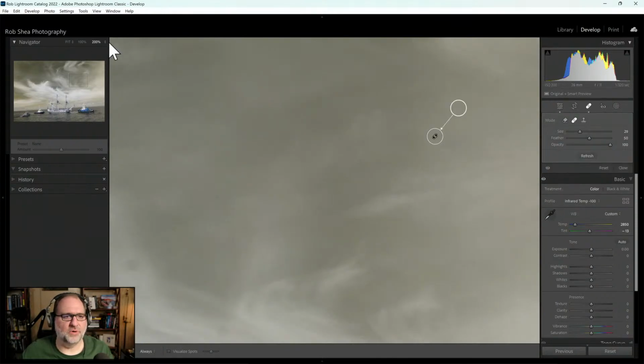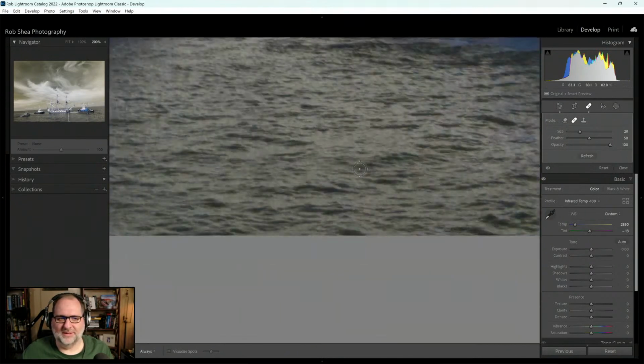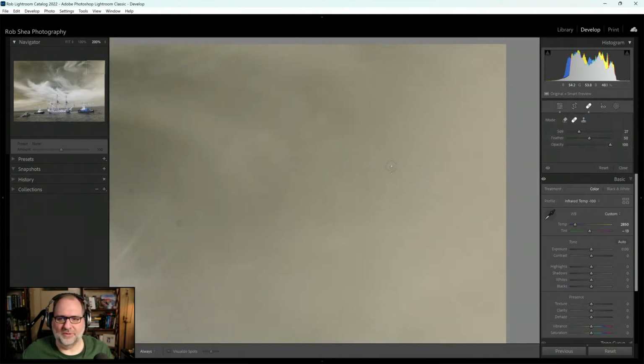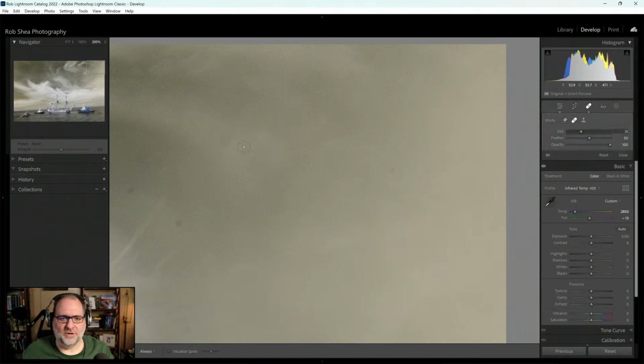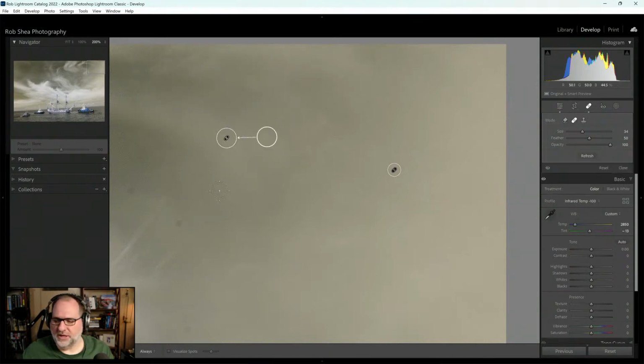Oh, I'm actually at 200%. I usually do this at 100%. I'm really zoomed in on this one. So it'll get me through more dust at the edge. So something to be aware of when you are changing filters, changing lenses,